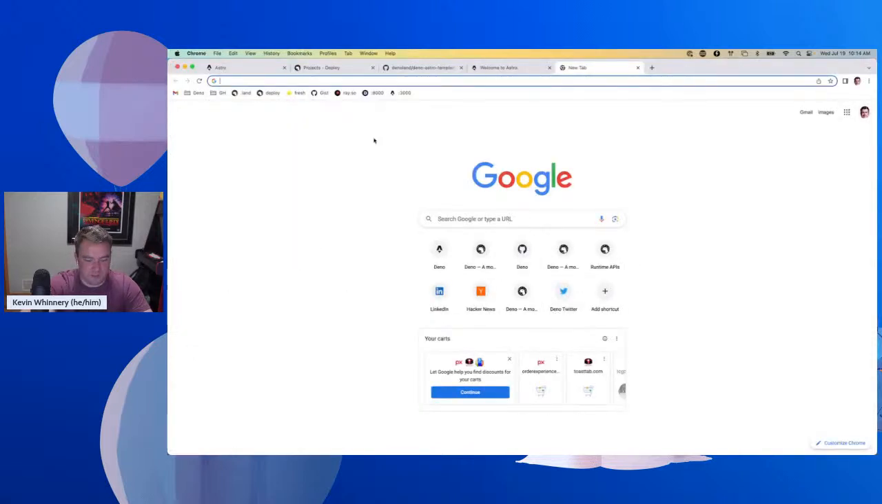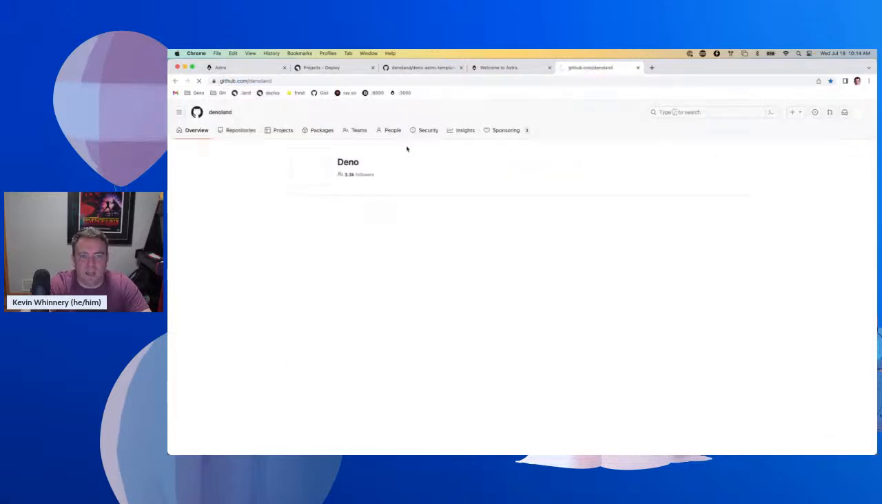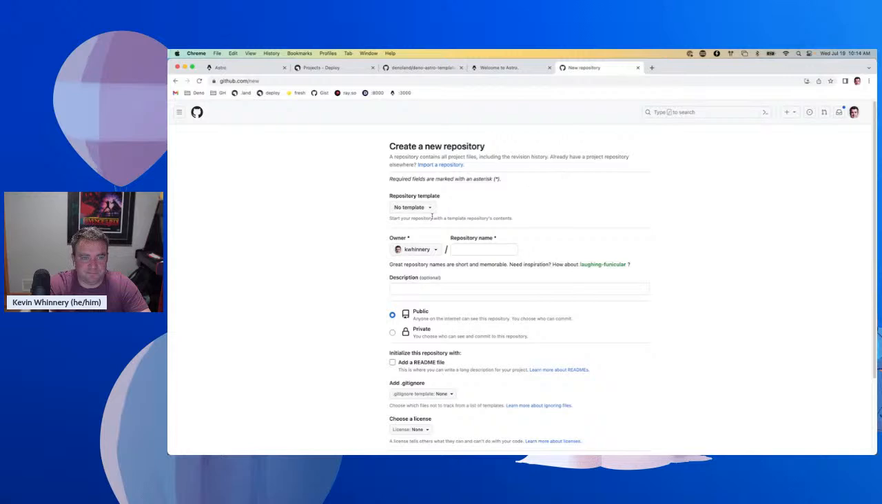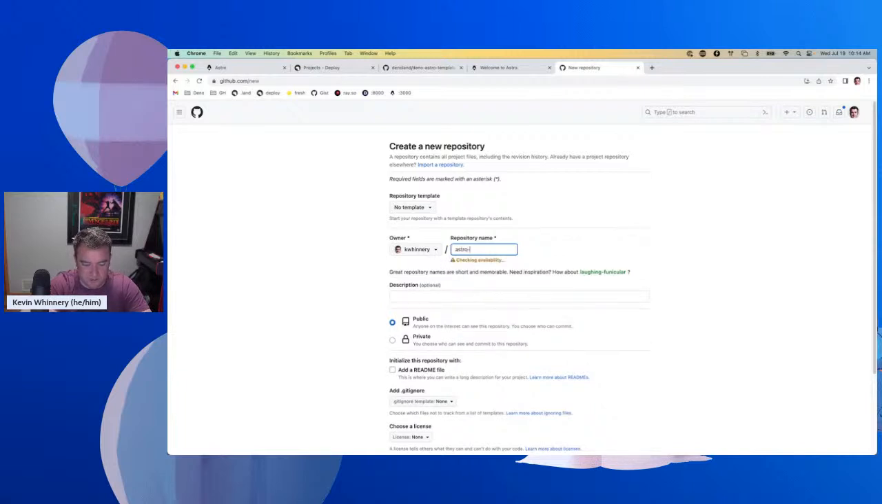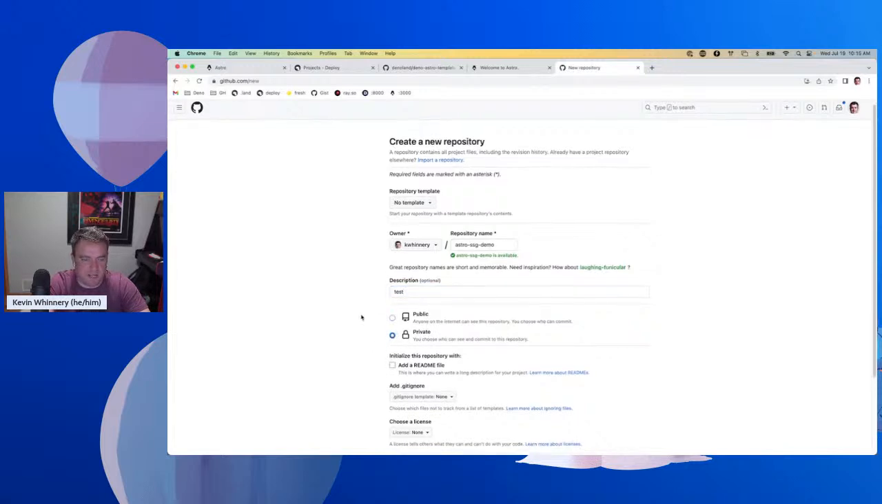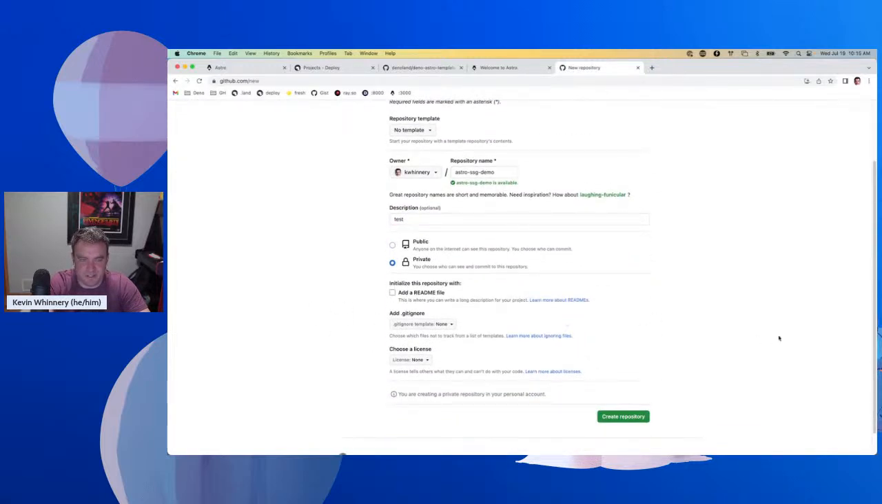So let's go to GitHub. And I'm going to create a new repository in my own account, I'm going to be the owner of that. And we'll just call it Astro SSG demo or something like that. So we can see this repository we're going to create. It's just going to be a test. I'll keep it private for now since there's no good reason to share it with the world. And I'll create that